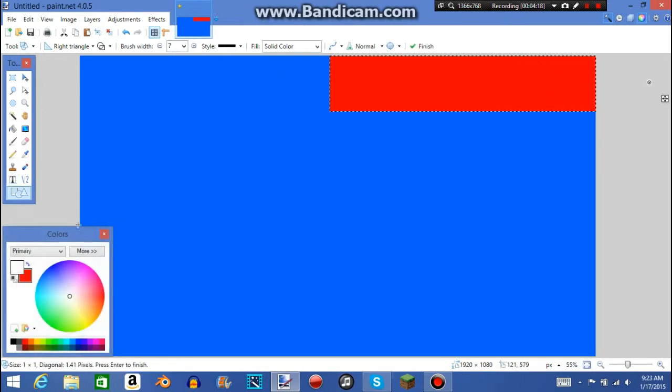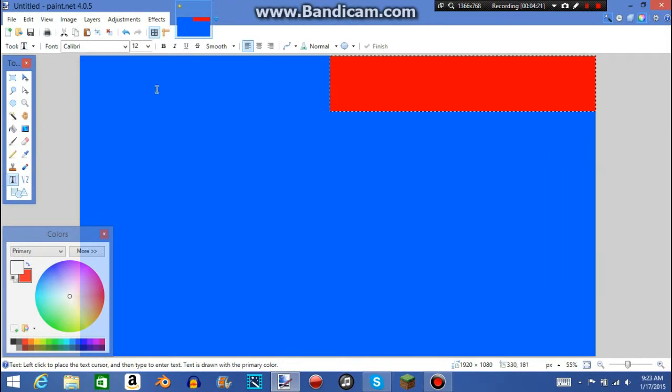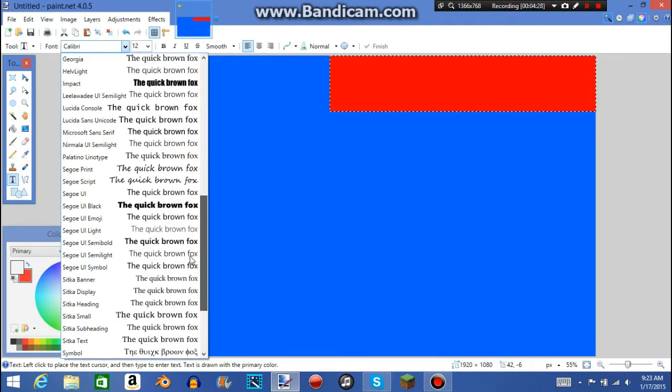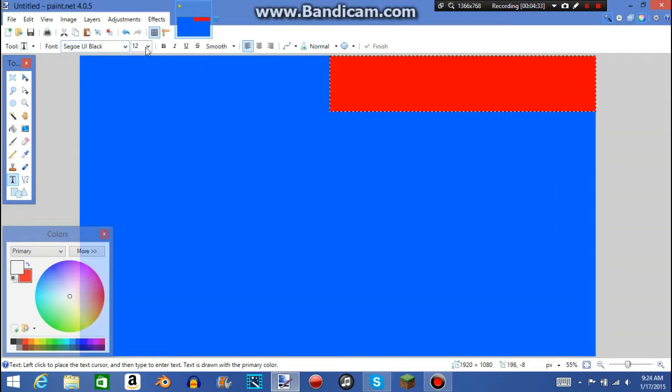So we'll skip the triangle and go straight to our text. We have our text icon right here, and you're going to choose a font that you like. I like Segoe UI Black because it's nice and bold, and we'll start with an 84 font. We'll select our color, a black for this, and you just click wherever you want it to go, and you'll see a dashed line. You can move it around with this little controller here. So let's go: How to YouTube